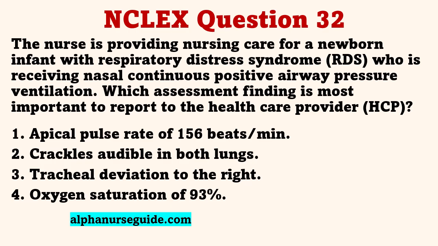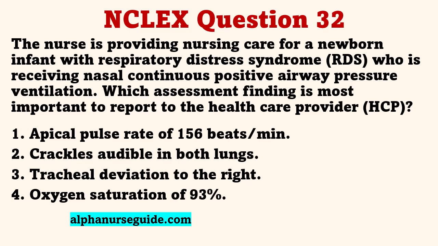The correct answer is 3. Tracheal deviation to the right. Tracheal deviation suggests tension pneumothorax, a possible complication of positive pressure ventilation. The nurse will need to communicate rapidly with the HCP and assist with actions such as chest tube insertion. The heart rate, crackles, and oxygen saturation will be reported to the HCP but are expected in RDS and do